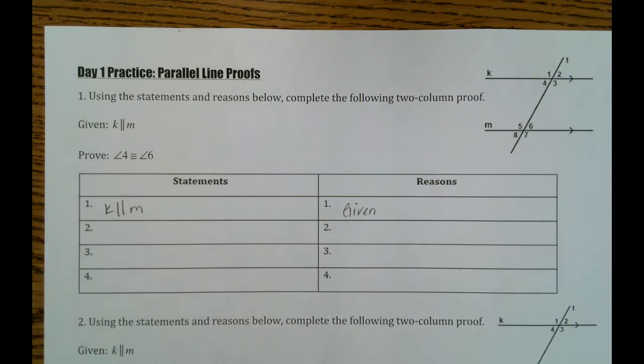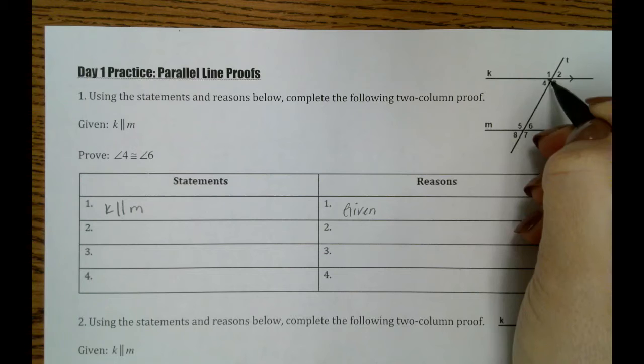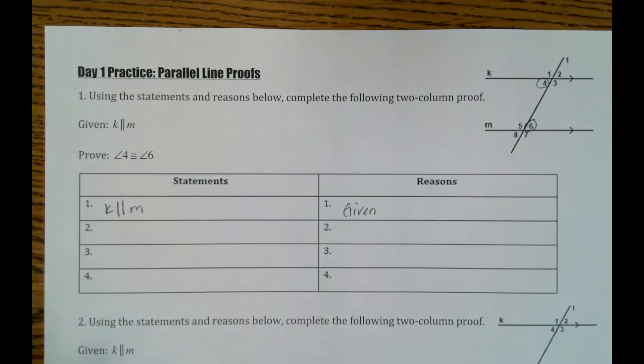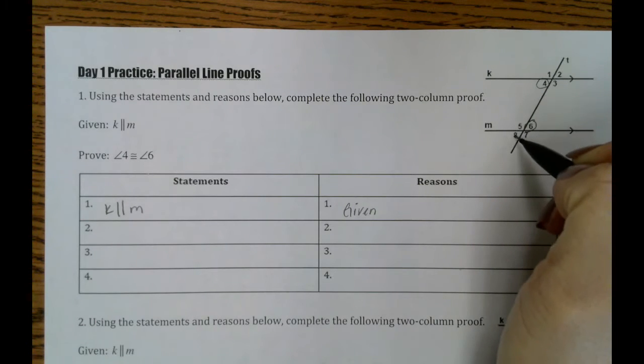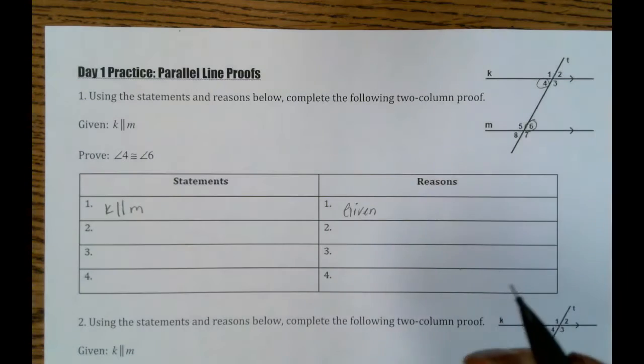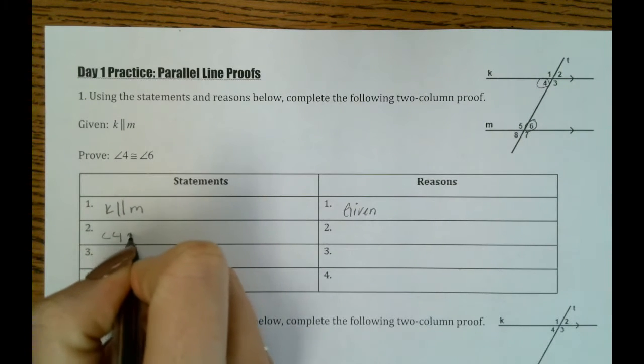So the next thing that we are going to do is go ahead and prove that angle 4 is congruent to angle 6. So this is our goal, right, that angle 4 and angle 6 are congruent. And we could use some different scenarios here. We're going to go ahead and use corresponding angles. So if we look at, for example, angles 4 and 8, angles 4 and 8 are corresponding angles. So we can say that they are congruent